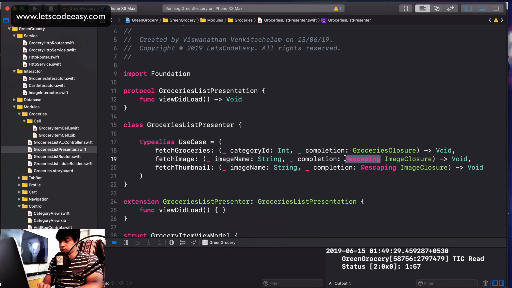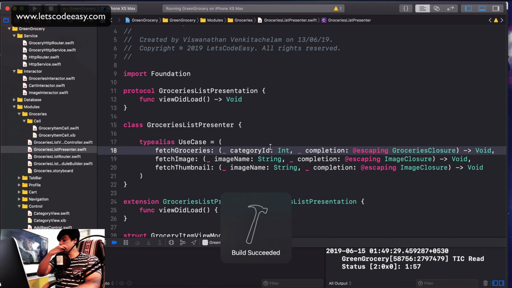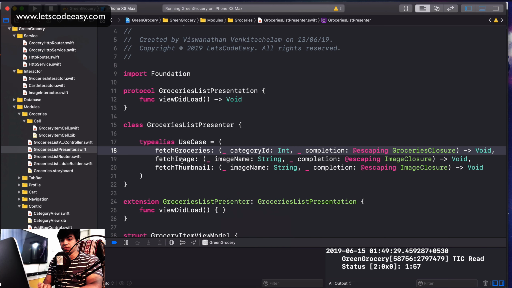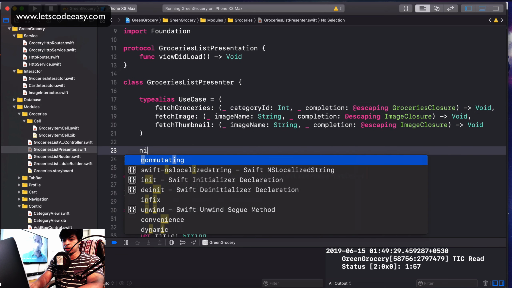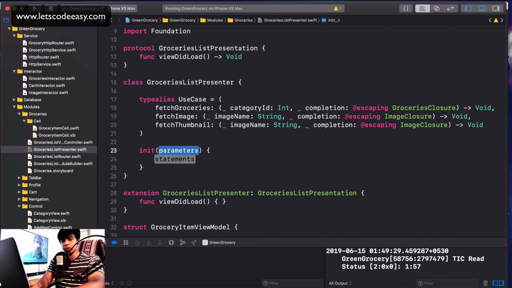I guess this is pretty much okay now. So we have three functions as use cases: fetch groceries, fetch image and fetch thumbnail, three functions which we'll use in this screen. So these three things are required. Let's also create an init. Init should accept a category ID, type int, and then it can also accept the view,